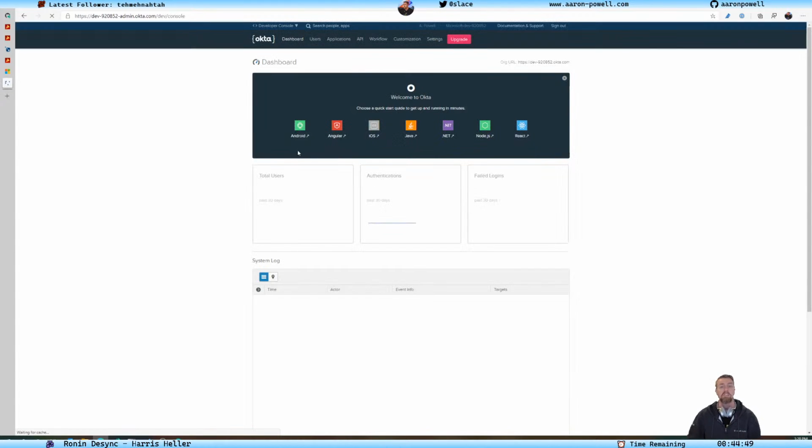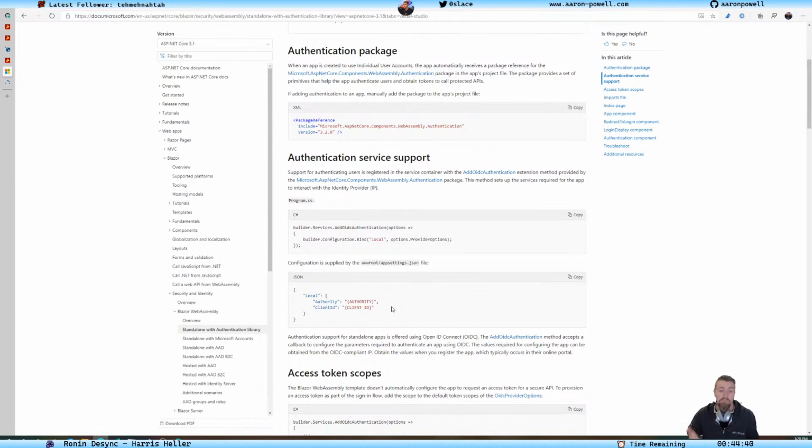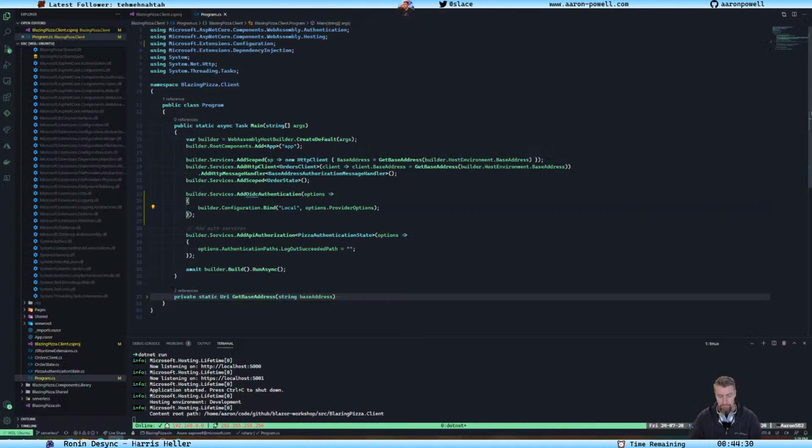We're probably going to need to set up an application for this, because if we just go back to the doc, we're going to need to have an authority, which is going to be Okta, and then we're going to need a client ID, which will be the thing that we get from our OIDC provider. And I'm going to be putting those into my